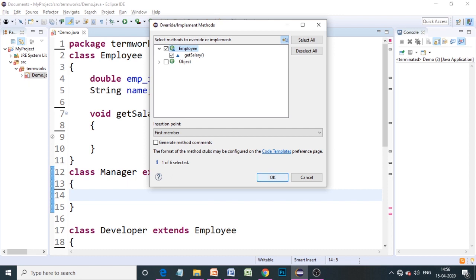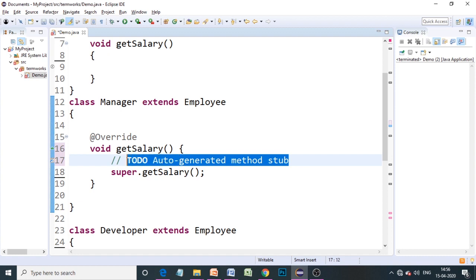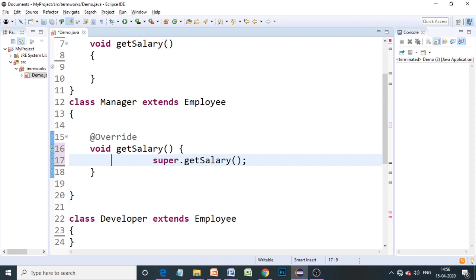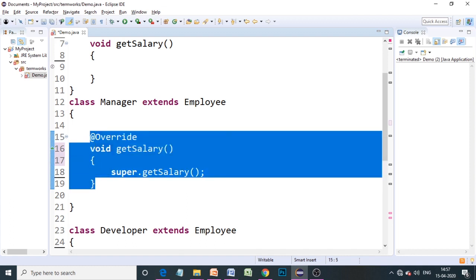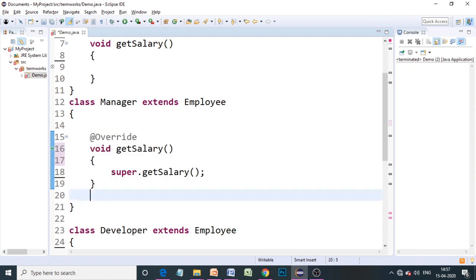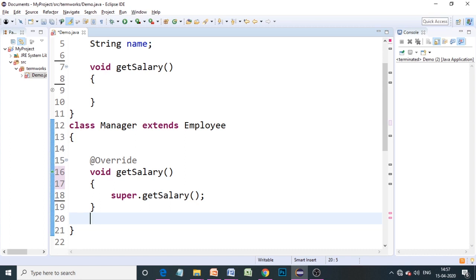We have to implement the get salary method which is there in the employee class. We are going to change the behavior of that in the manager class. So let's remove these comments. I don't want this comment. You can put comment suitably over here. And then okay, so whatever was there, I did not change anything in this. Fine. So this is the get salary method which we are going to override, the get salary method of the employee class.